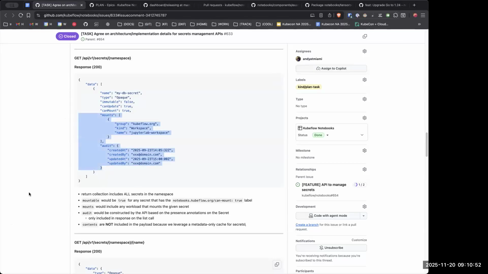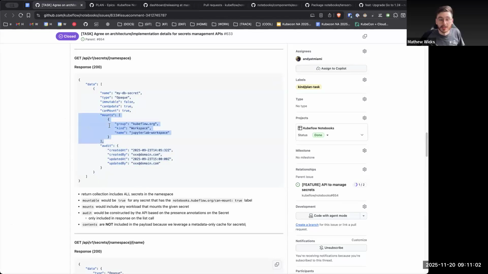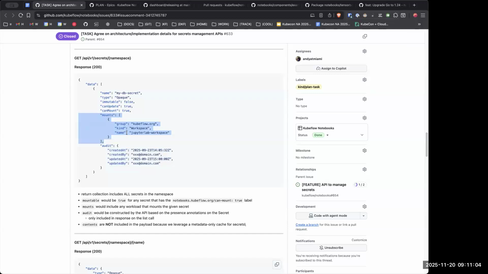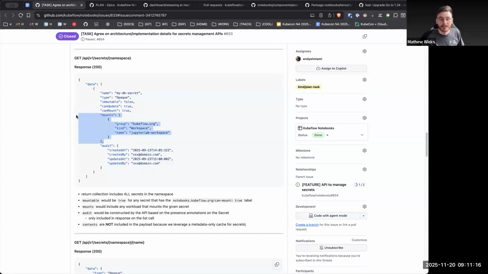I can see how the audit is going to be, but for mounts, do you show mounts? Because this one's actually more important than audit. For mounts, like in the workspace wizard, I am not sure how to handle that at the moment, because it will be very busy. It's the most important one, especially because it'll be the same for volumes, but in a different way. But audit, I just want to highlight, this information may not be populated, so you also have to have the front end handle that.